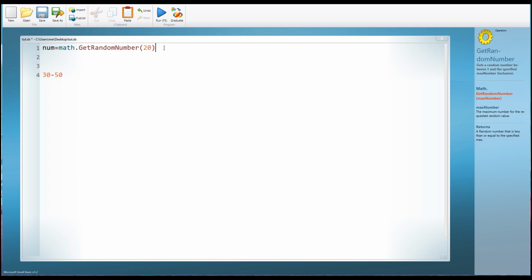So in order to shove those up, what we need to do is add to that random number whatever the lower of these two numbers is. So in this case, 30. If I have a random number between 1 and 20 and I add 30 to it, the lowest number I can generate is 1, and if I add 30, I've now got 31. The highest number I could generate here is 20, and if I add it to 30, that gives me 50. So here I am generating numbers between 30